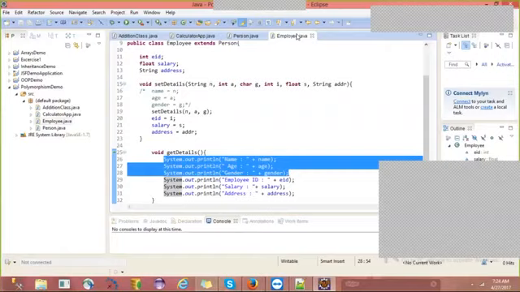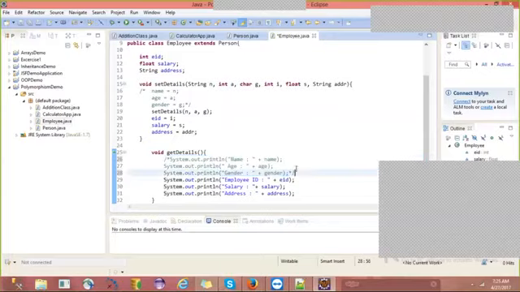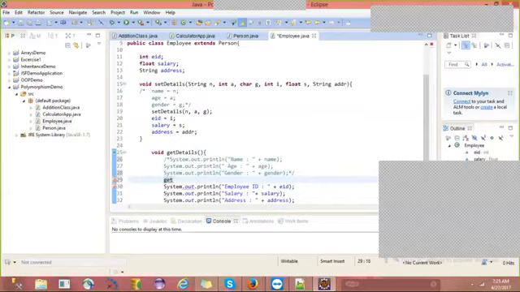Yes, Shivangi, it's right. We need to use the getDetails method of Person. This is what we did in the inheritance example, where we called get person details. Yes, person dot getDetails. But Person is a superclass of Employee, right?